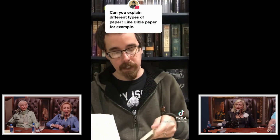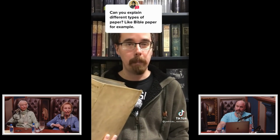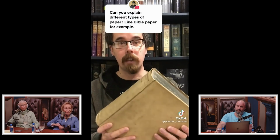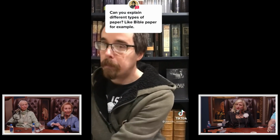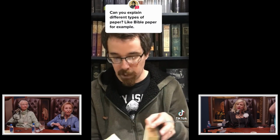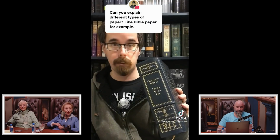It actually feels like a dollar bill, basically. And it was strikingly lightweight. Antiquarian books are actually shockingly lightweight compared to their modern counterparts. A modern book this size would be much heavier, and that's largely because of the paper. So modern books are generally printed on wood pulp paper, which is much heavier. And so just here's a modern example of